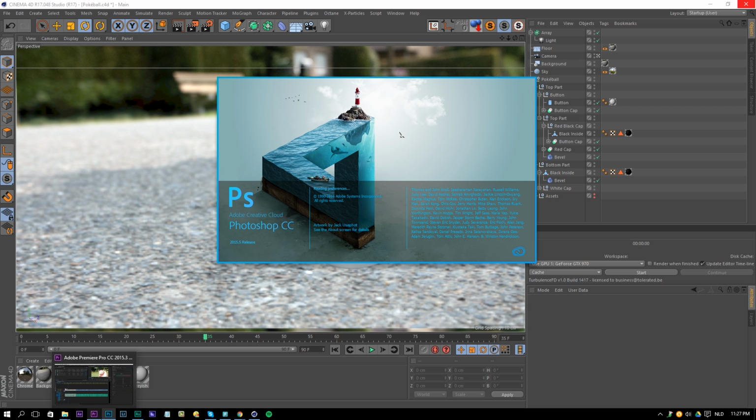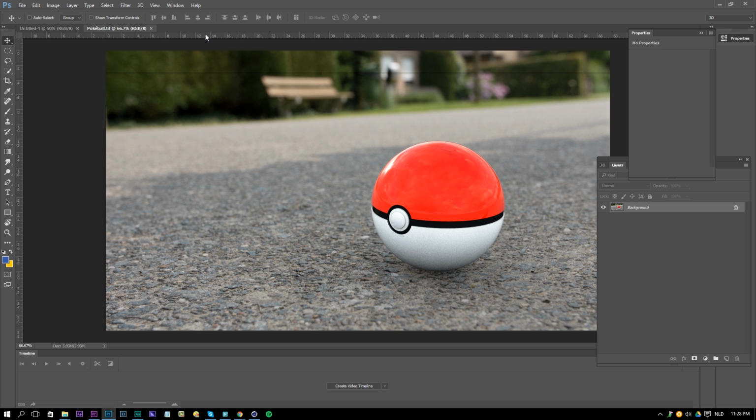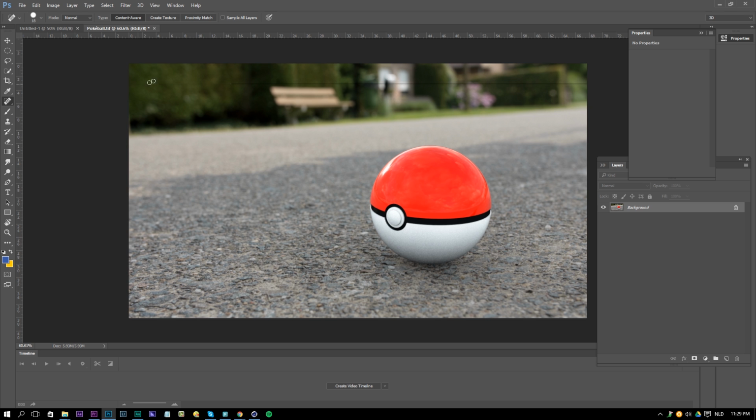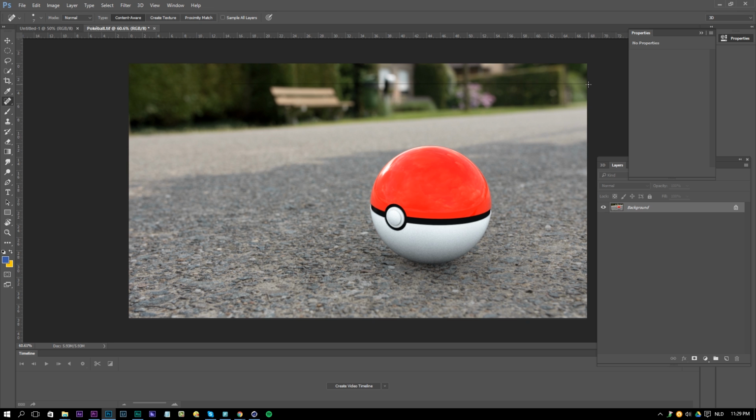Open up Photoshop, and then just drag this image right over here so we import it in Photoshop. And we have this line here. I'm not sure what it is doing here, so I'm going to just delete this with the spot healing tool. I'm going to set it at 5 or like 7 pixels. Just remove this line.